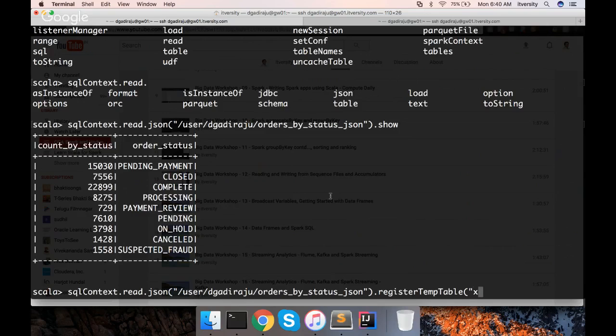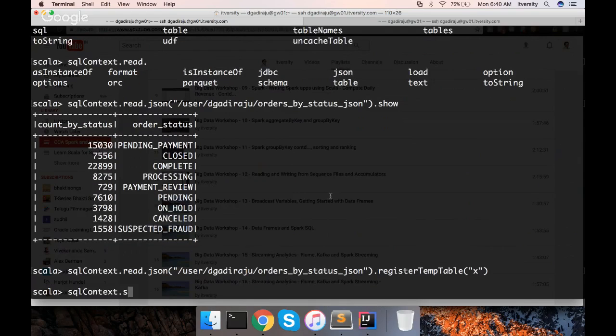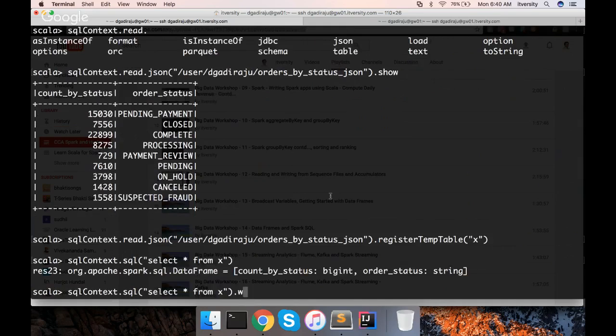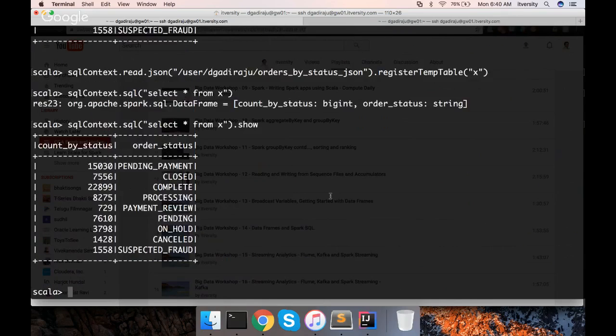Let us give it as X. Okay. Now you can say sqlContext.sql select star from X, and then show. And you will be able to see the data. So this is how you can read from any file format using the SQL context object dot read.